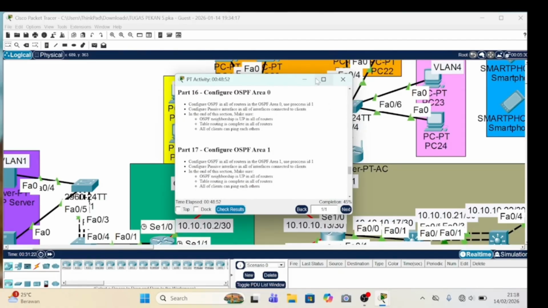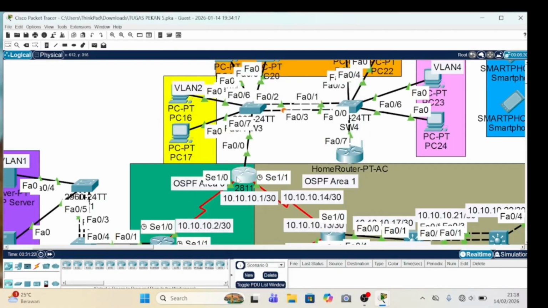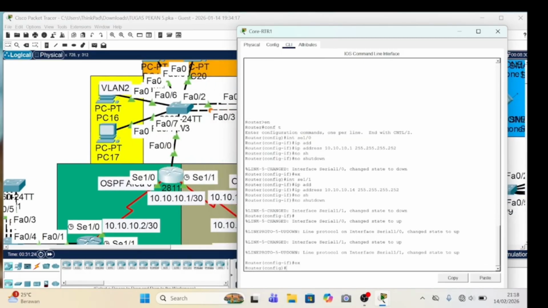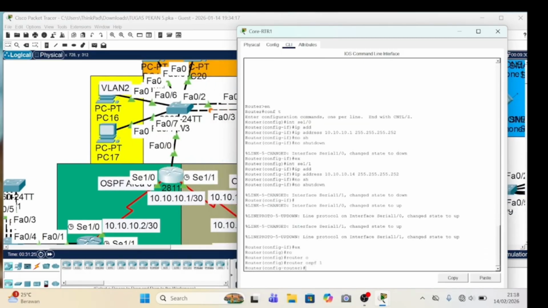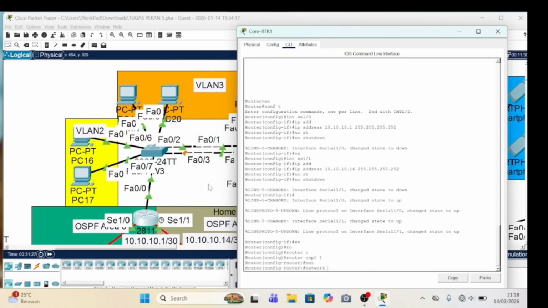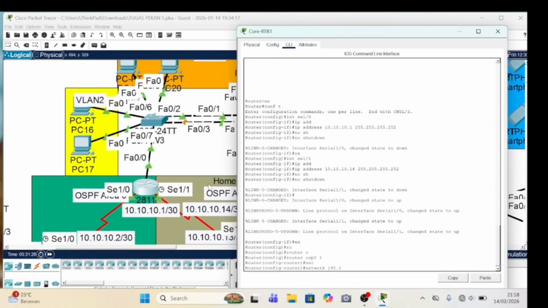Configure OSPF. Router OSPF 1, network VLAN 2